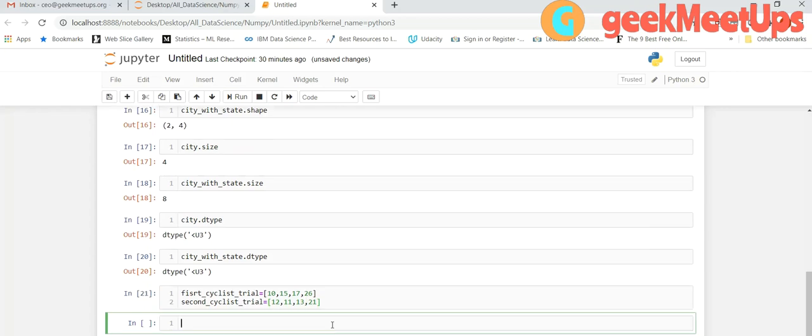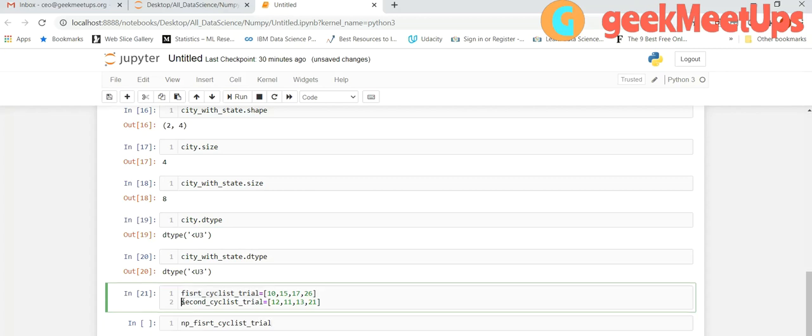Run this. Since it is a simple array, we still need to convert it into a NumPy array. So how will we convert that? np dot array, and we will pass the simple array, first cyclist trial.